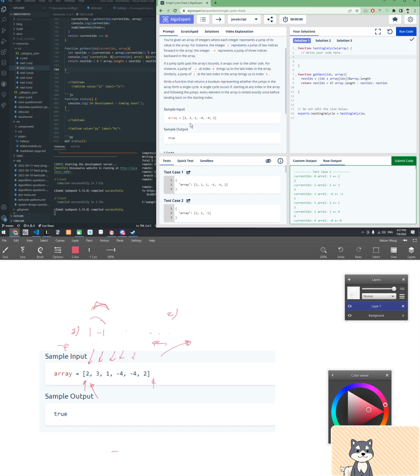And the idea is that we have the current index, which is array.length. No, sorry, what I'm saying. Current index, and we have the